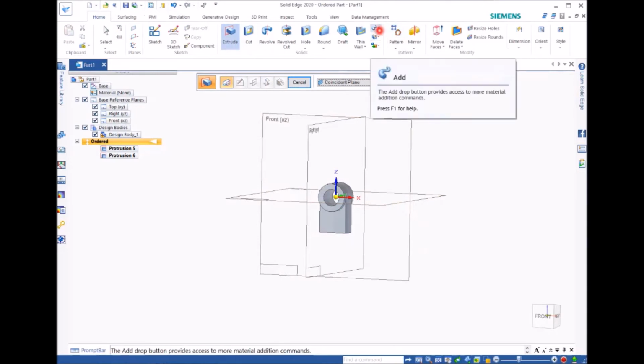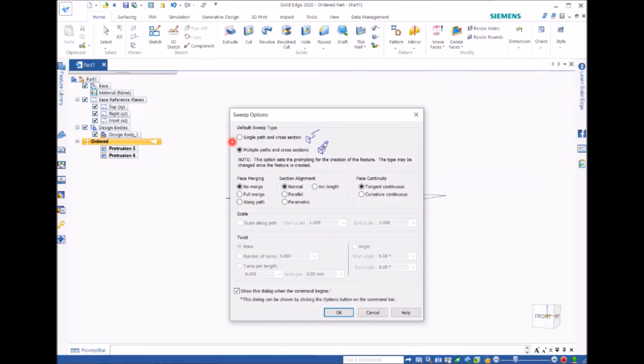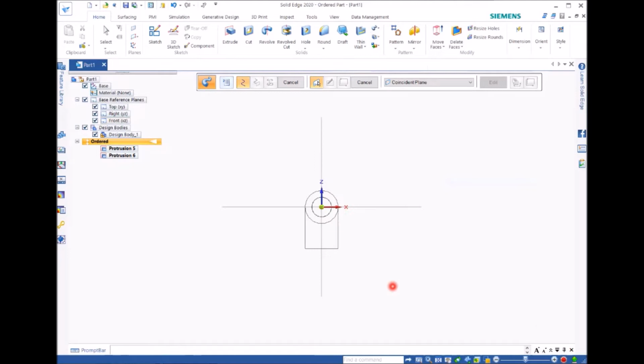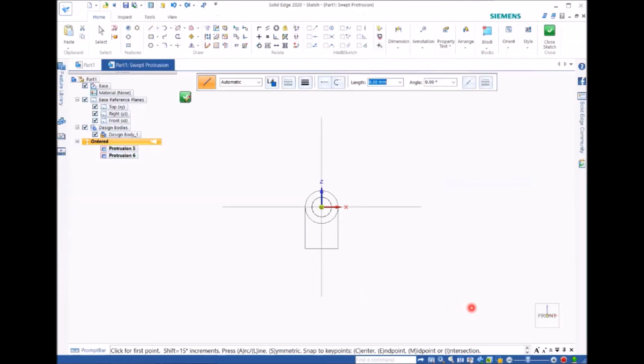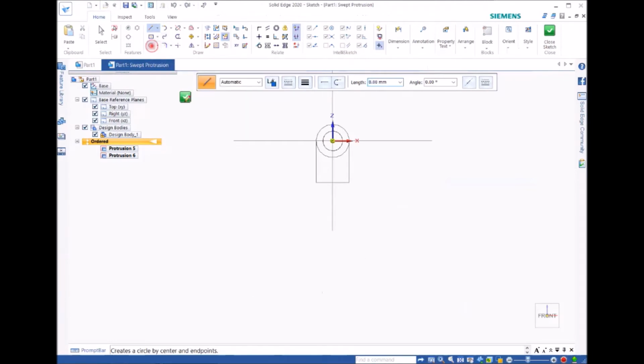To do that, we need the sweep command. We need to use single path and cross section. Click OK and click on the front plane. You can hold the Shift and Control keys, move it a bit up, and give it some space. Use the circle by center point command and move your mouse to the vertical line, move down somewhere here when the mouse is aligned with the vertical line. Click,